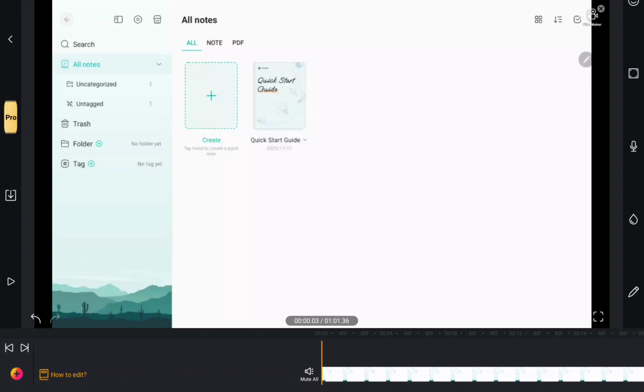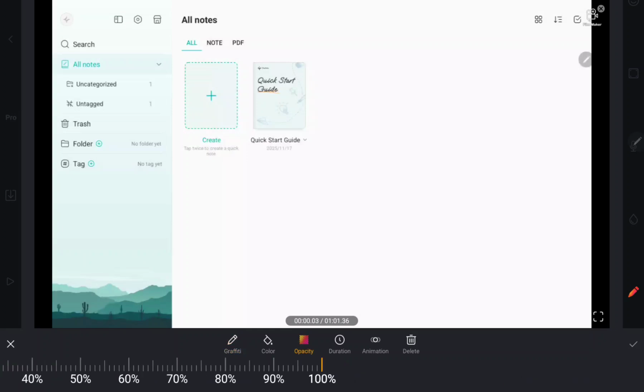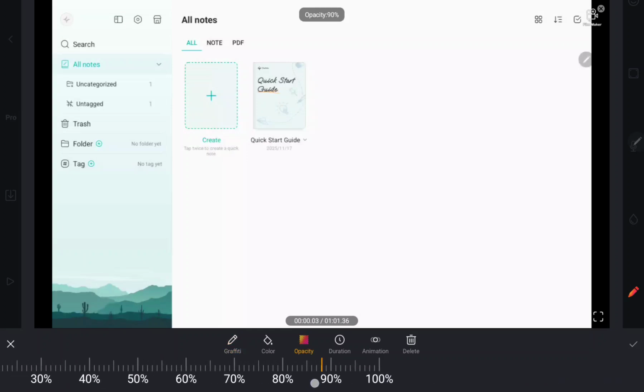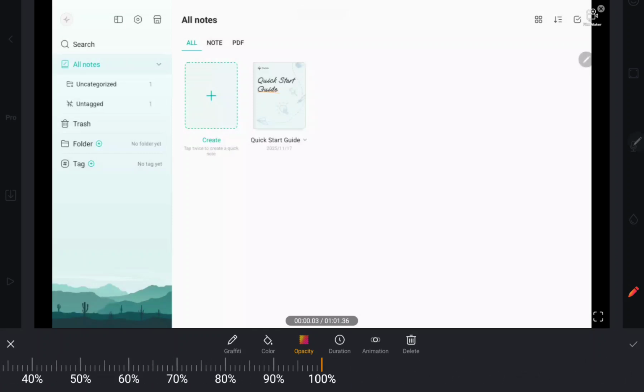First of all, open the application on your device. Just open a video or create a new project, and if you want to set the opacity of the video, go to the right side of the screen and you can find the right bar. Go to the last icon, the pencil, click that, and here you can find the lower bar. Click to the third option, the opacity, and here you can find the percentage line and you can set the opacity of your video. And if you finish, click to the OK button at the lower right corner of the